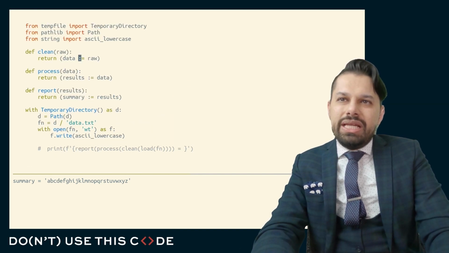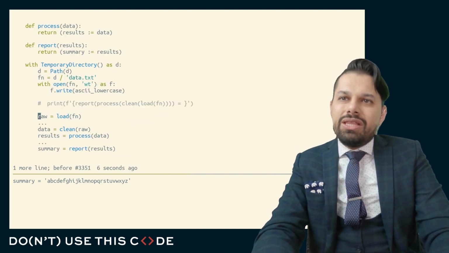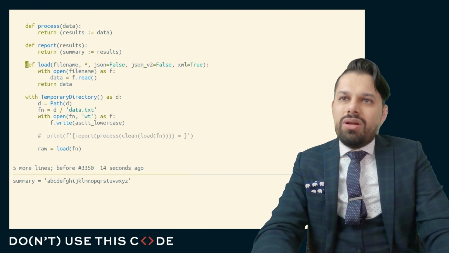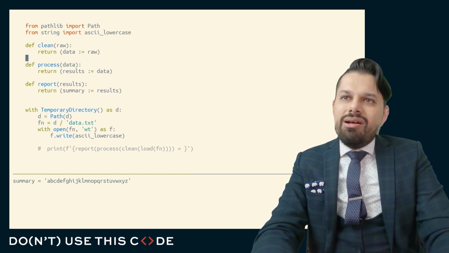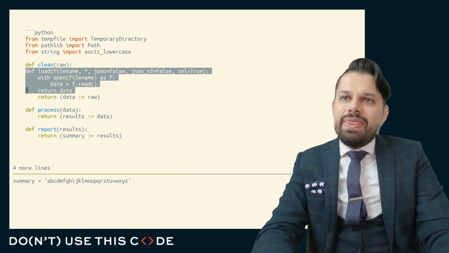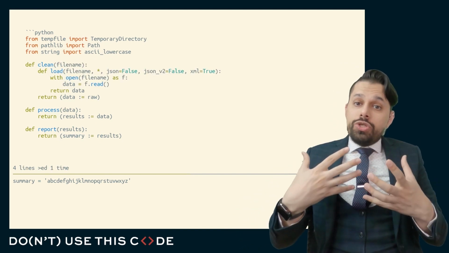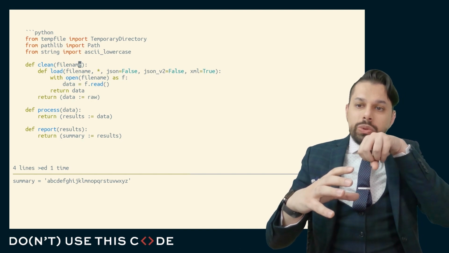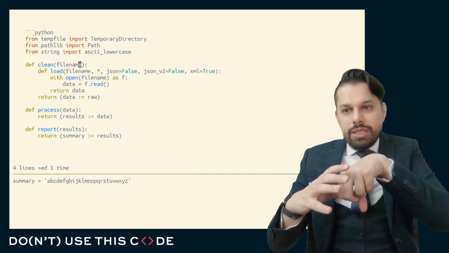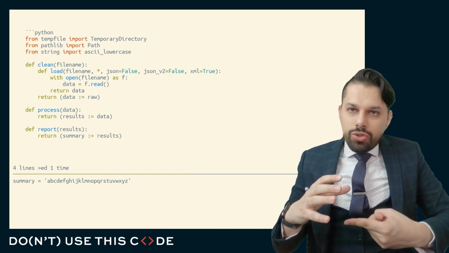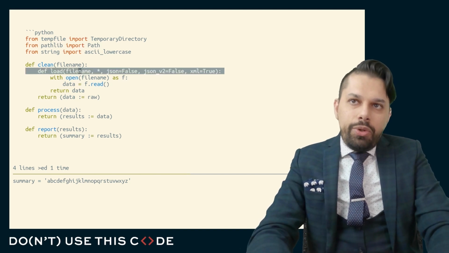Maybe that would just be load clean. And I'll put that load function that I had before all the way into here. And then clean can operate on a file name. And I might stack these deeper and deeper. What you can see here is we're pushing the actual interaction with the outside world deeper and deeper and deeper into our program. If that's the source of churn, then what that means is these modalities are going to have